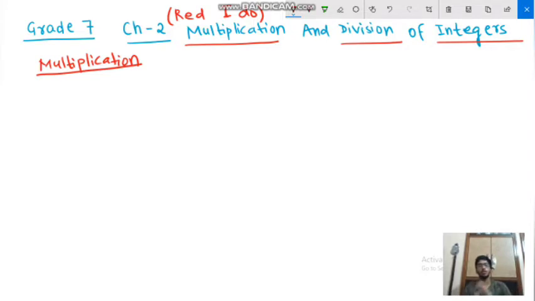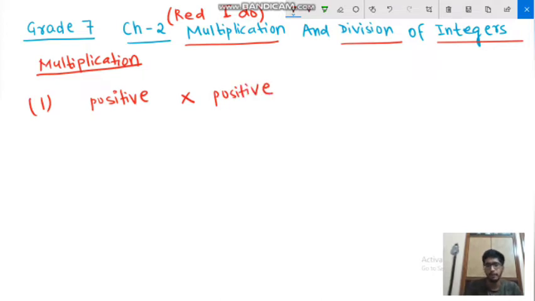Okay, so there are some rules to be followed. So once you remember the rules, you will be able to solve a number of questions. So let's see. First type of question: if you have to multiply two positive integers, okay, there is one positive integer and you are going to multiply or find the product with another positive integer. Okay, take for example 4 into 2. What is the answer? 8. You are correct. 16 into 4, 64.